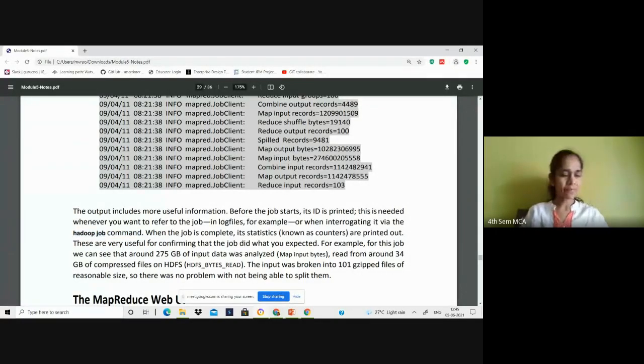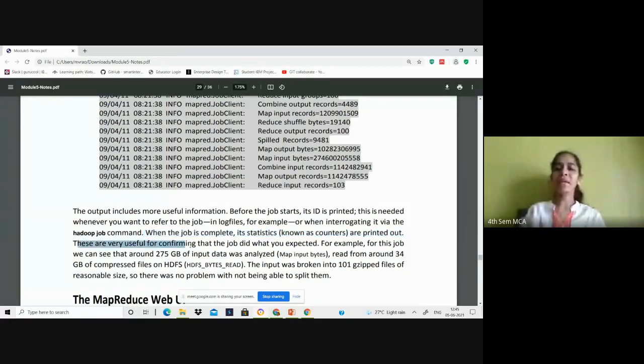Now, when the job is complete, its statistics are printed out. That is the counters, related to the data that is consumed by each phase. The statistics related to the number of bytes combined by the map phase and the reduce phase will be displayed by counters.